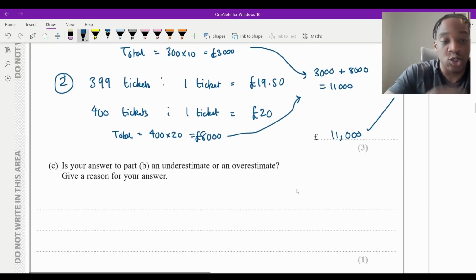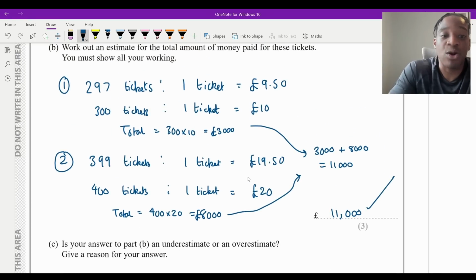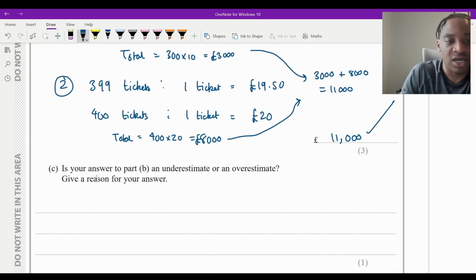Now, part C says, is your answer to part B an underestimate or an overestimate? Give a reason for your answer. Now, remember, it's definitely an estimate because we rounded. Now, remember, we actually rounded up in each scenario, we rounded the amount of tickets up to 300 here. We rounded the amount of tickets up to 400 here. And we rounded the price up to 10 and the price up to 20. So we rounded up in each scenario, meaning that our estimate is actually going to be more than the true value because we've rounded up the amount of tickets we're buying and the cost of it, meaning that it's going to be more. So therefore, we're just going to say it is going to be an overestimate,